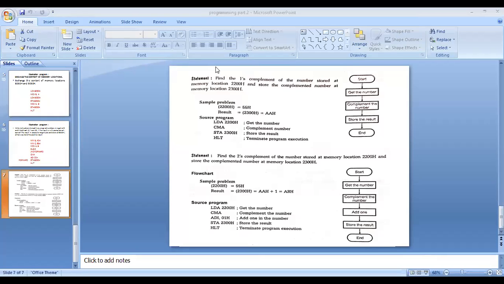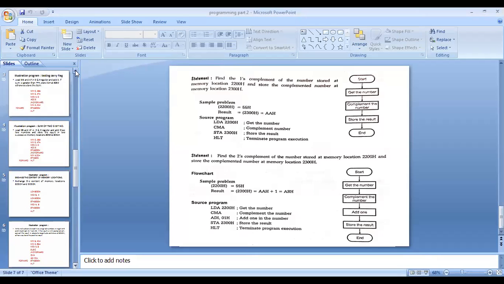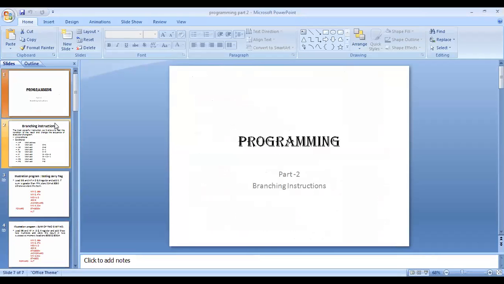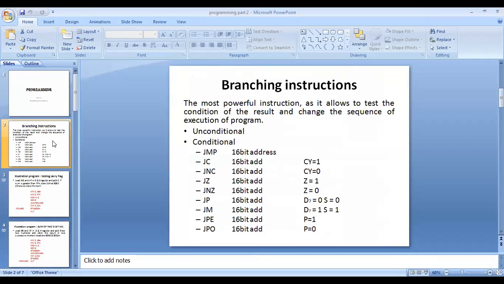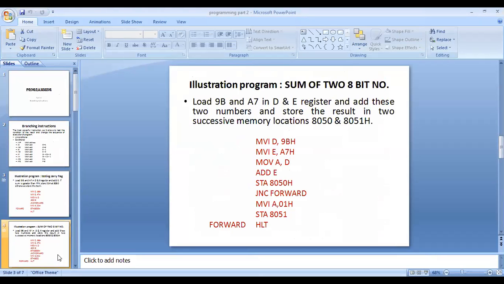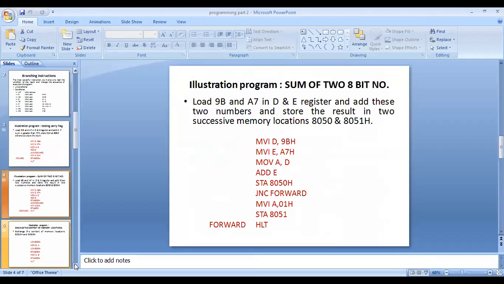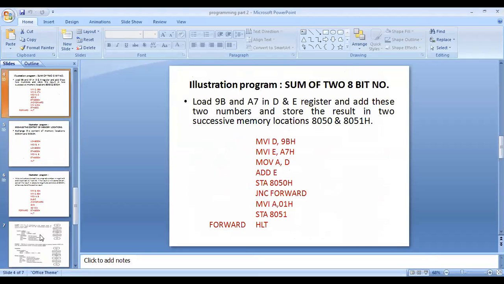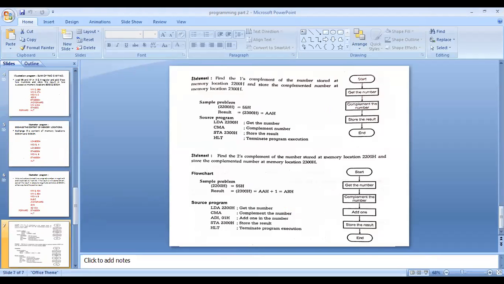So today we will be discussing the remaining part of the programming, that is part 2. We have already discussed the branching instructions, and we also discussed a few programs related to the branching instructions. And today we will be discussing